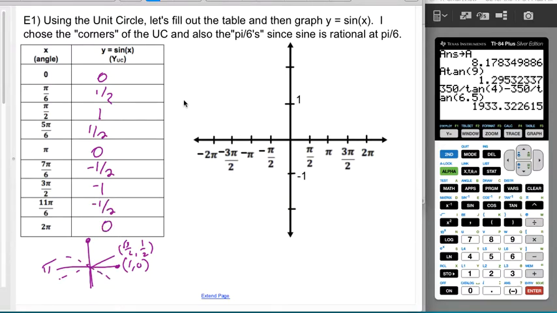So let's look at what this would graph like. Here, x is my angle. So I get the point 0, 0 right here. Pi over 6 is a little tricky because here's pi over 2, so pi over 6 is like a third of that. So at a third, I'm around a half, and then at pi over 2, I'm up at 1. 5 pi over 6 is just about 2/3 of the way here, so that's half, and then I'm down at 0 again, and then again I'm down at 1/2, and then at 3 pi over 2 I'm at negative 1,